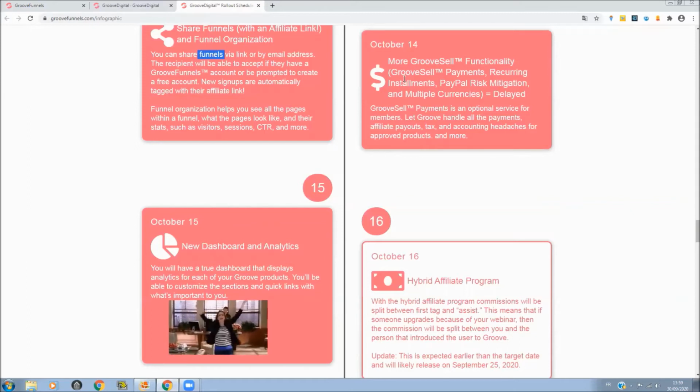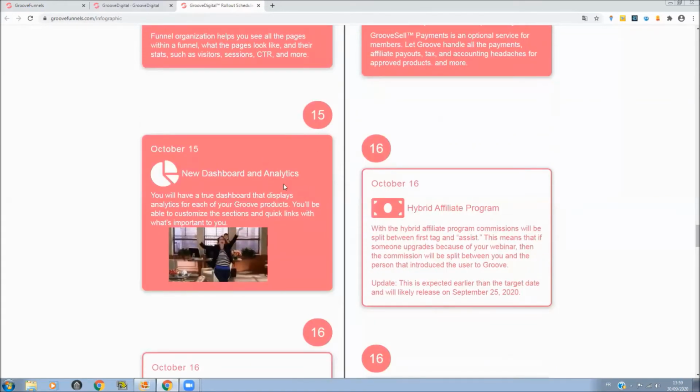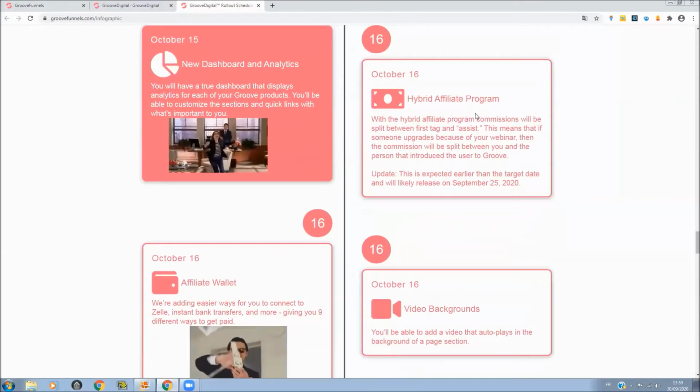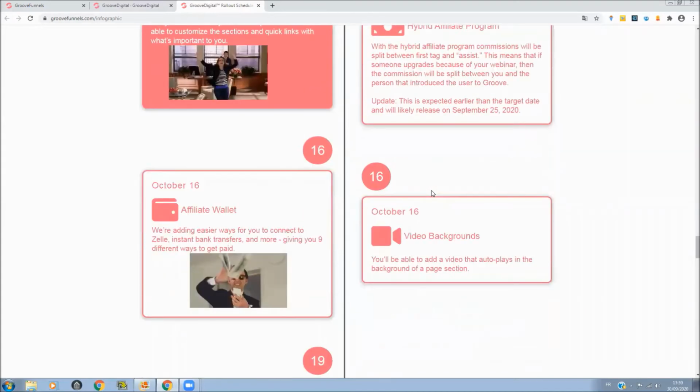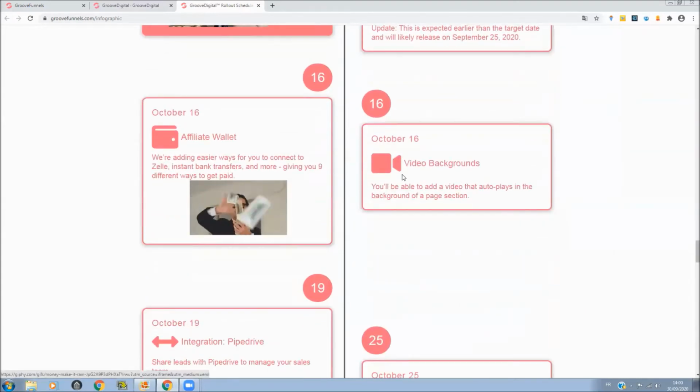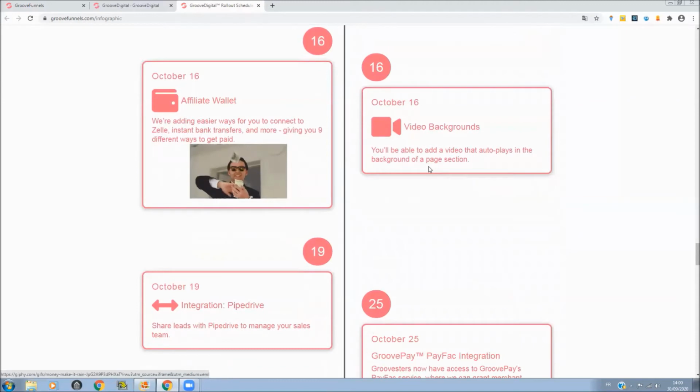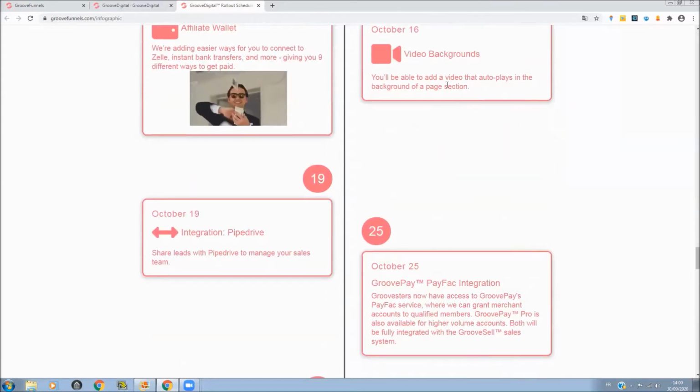Wow, we talked about GrooveSell, so there's more of it coming up. New dashboard and analytics, hybrid affiliate program. Wow, I'm telling you, so much coming up. Affiliate wallet, video backgrounds. You'll be able to add a video that autoplays in the background of a page section. Oh wow, that's a great thing. I love videos, so I can't wait to integrate it on the page that I showed you for